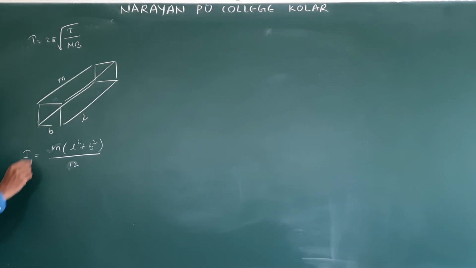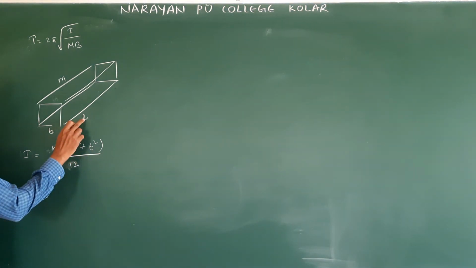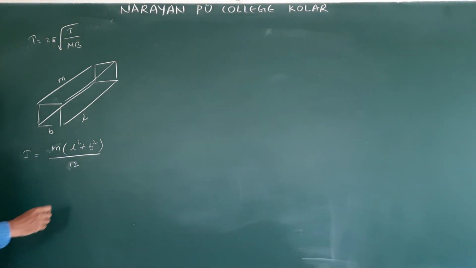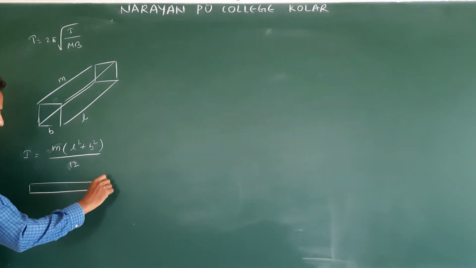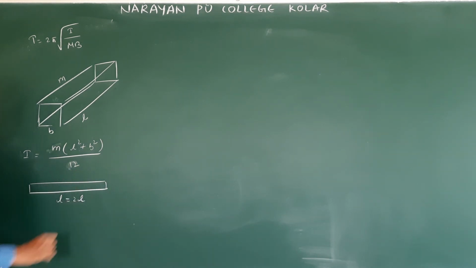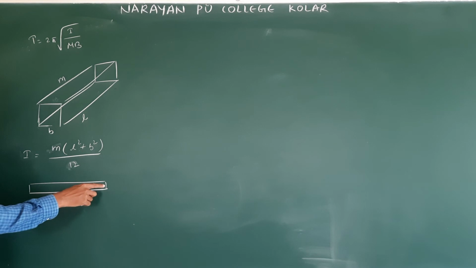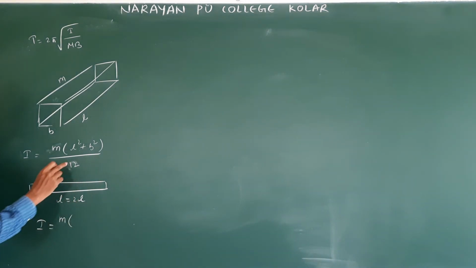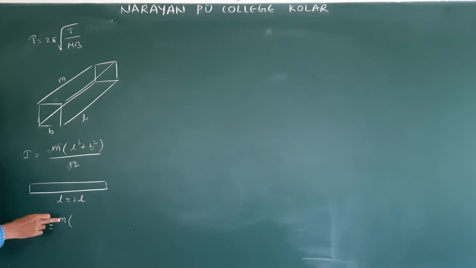Clear? What is the 2L into m? So don't get confused, the total length I have taken as small l. But when we take a thin magnet, if the breadth is compared with the length, the breadth will be negligible. In that case, suppose you take a very thin magnet, the length is 2L, and compared to the length the breadth is negligible. In that case, I will become m into mass.